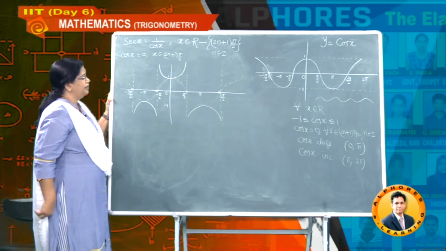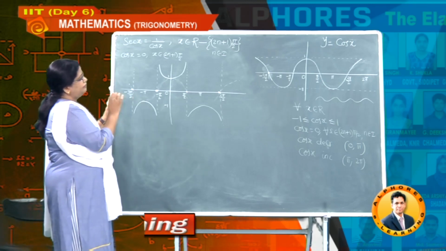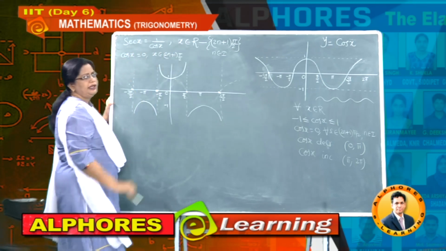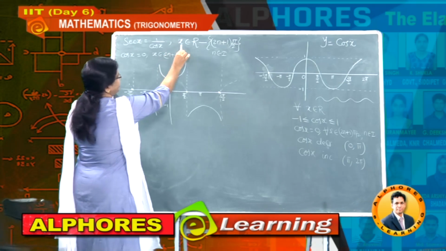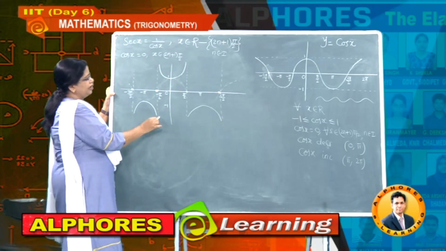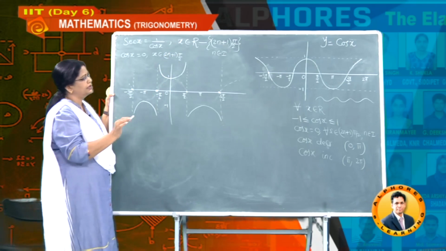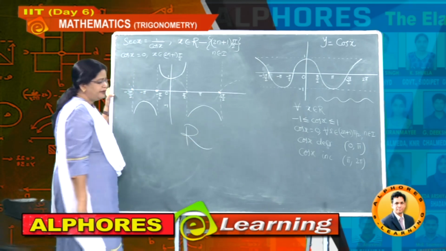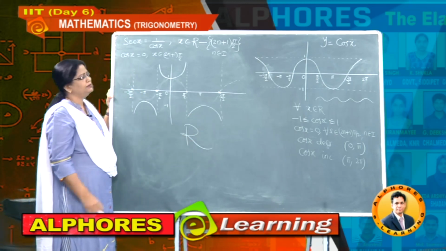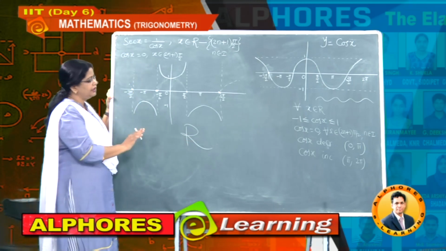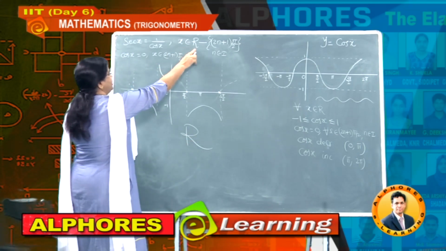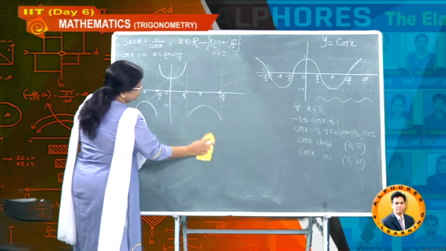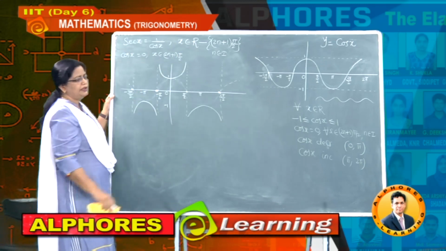And after this you can observe clearly, students, these are the values where the secant function is defined only for these real numbers, and in this complete set of real numbers there is no gap. That means secant x is continuous in this set, understand? Suppose if they ask over the set of real numbers, secant function is discontinuous for all odd multiples of pi by 2, but they are not asking this. Only from this set the secant function is always continuous. So these are the observations which we can take from the secant graph also.